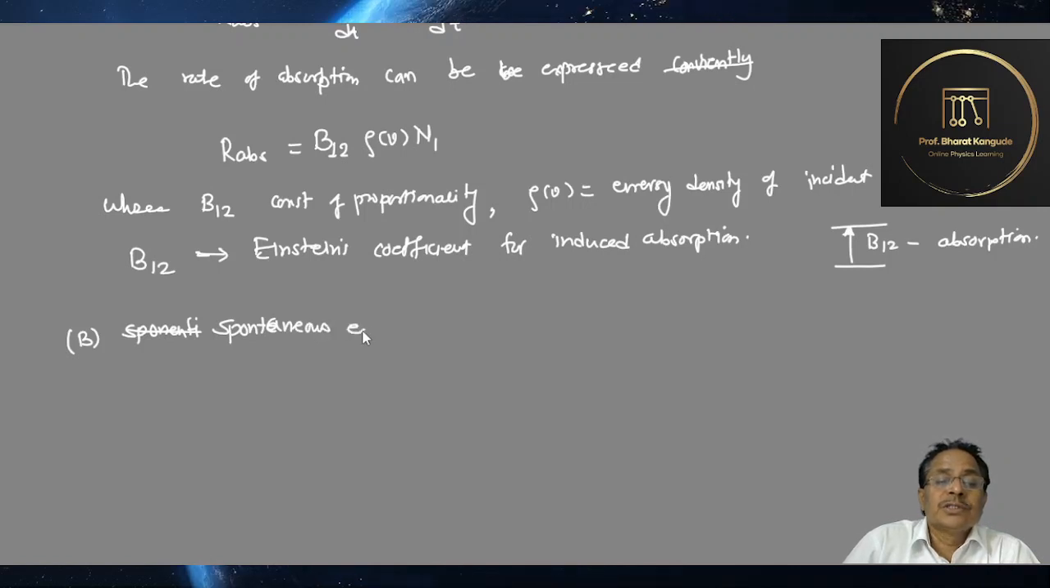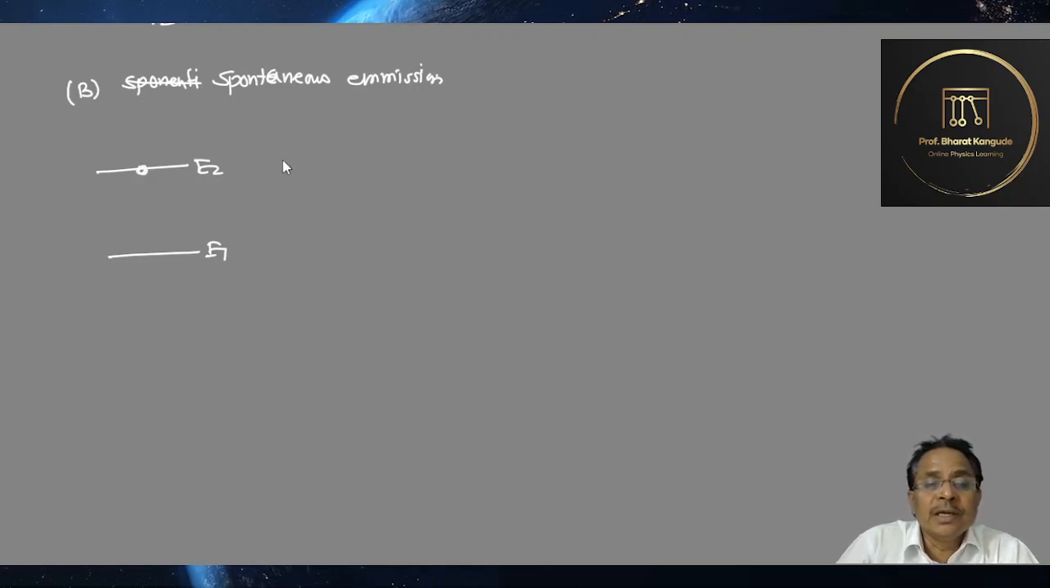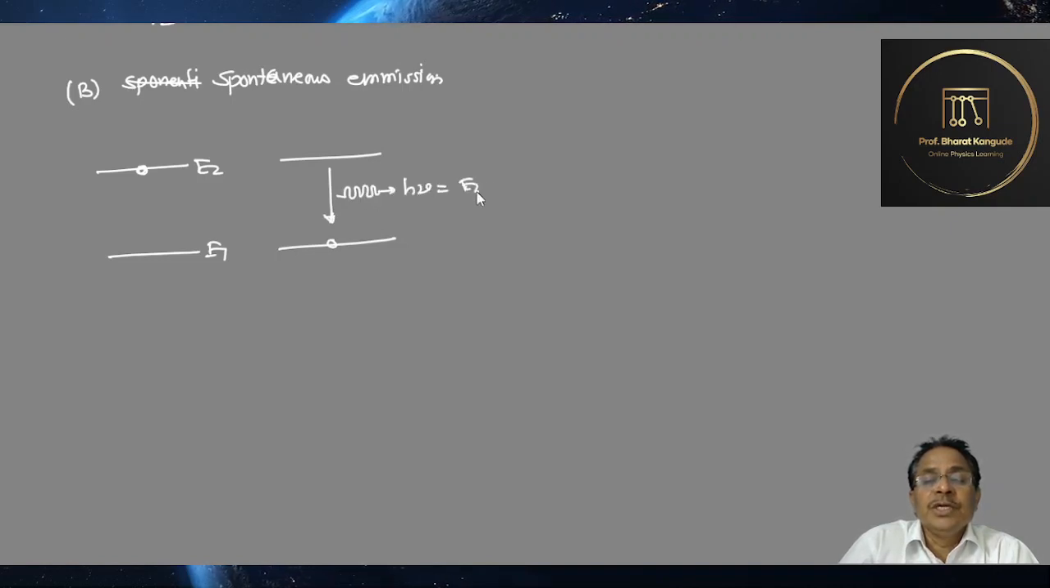Spontaneous emission. As usual, we have already seen this. Spontaneous emission is where this particular atom, once it is excited to the excited state E2, does not remain there for a long time. Without any external agency, this atom comes down to the ground state. This is associated with the emission of a photon of energy h nu is equal to E2 minus E1, and this is a spontaneous process as it is not being supported